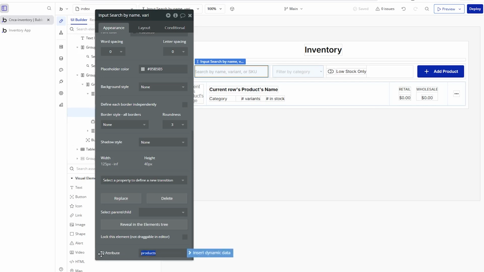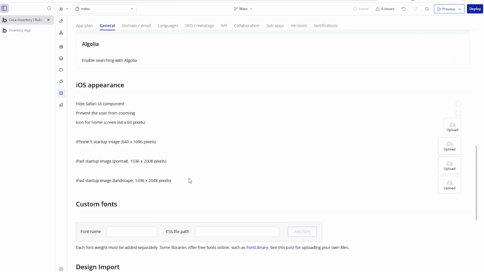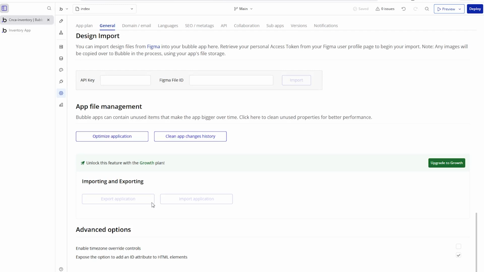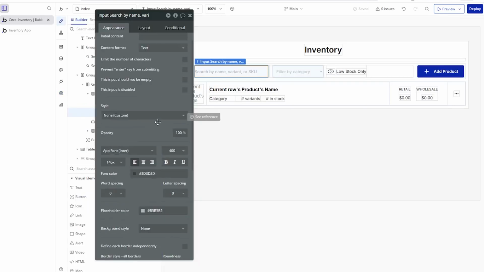If you don't see this field here for ID attribute, you need to enable it. Go over to your settings and then head over to the general tab at the very, very bottom of the general section. It's literally the last option here. Expose the option to add an ID attribute. Just check that box over to the right, and that will expose that field at the property editor